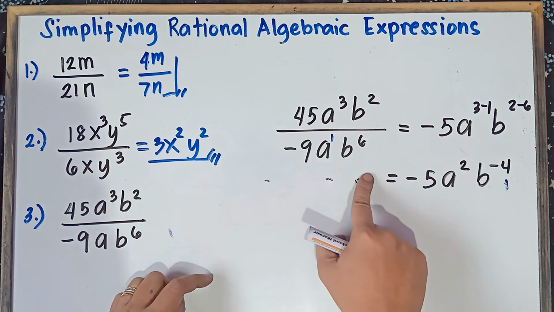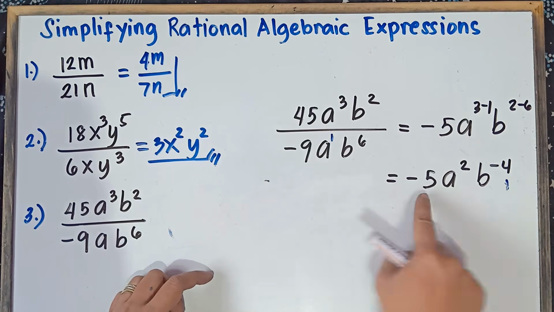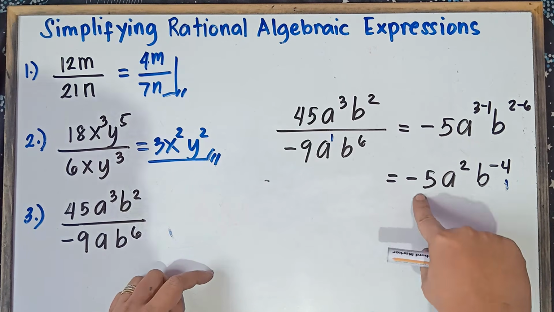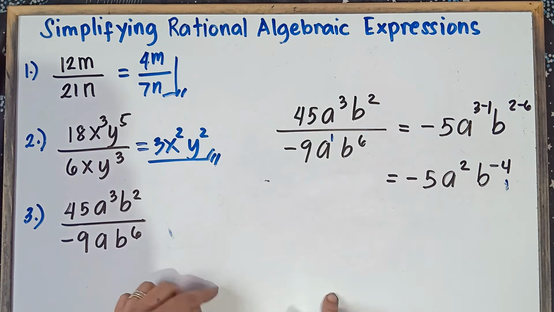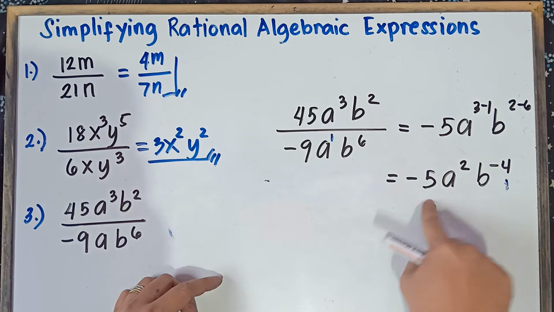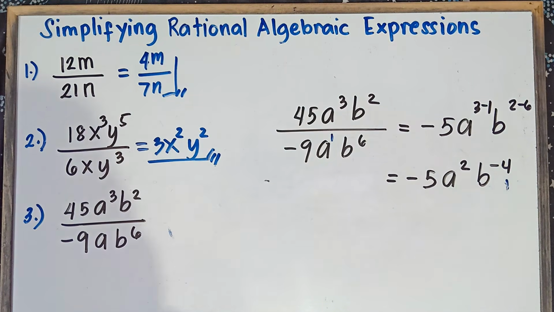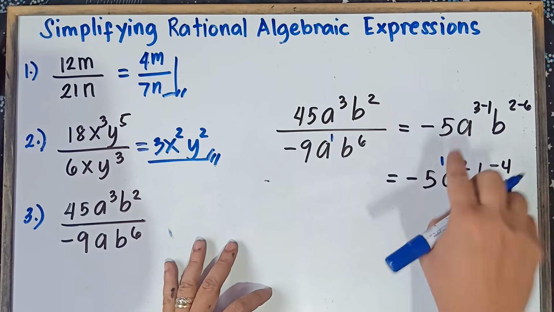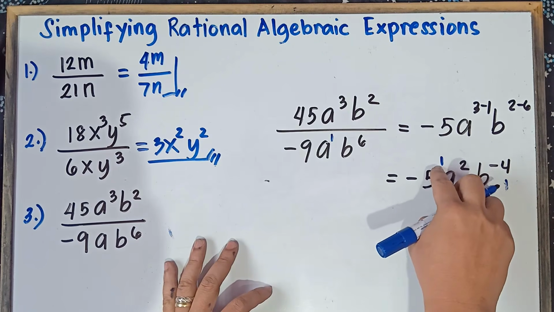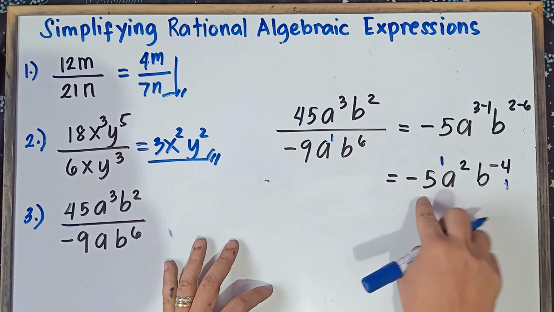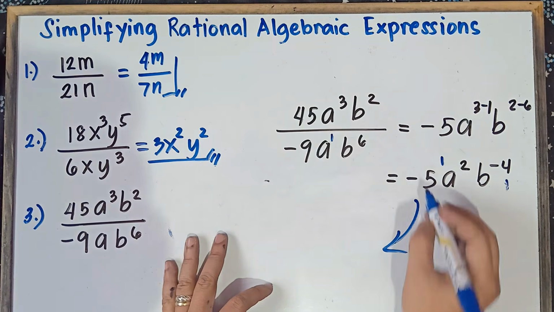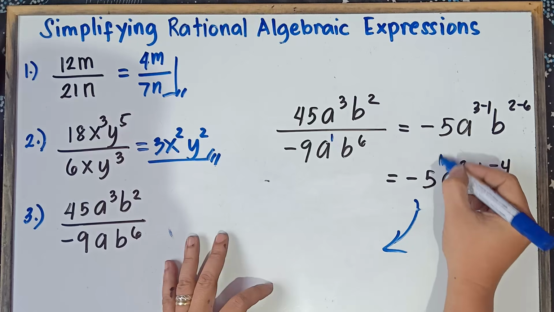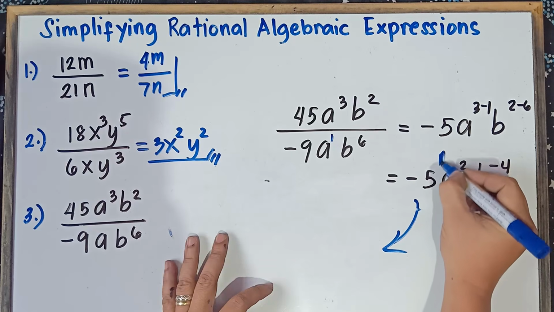Once again, class, there are so many students who are so confused. Sir, can we put negative 5 on the denominator? Nope, you can never put negative 5 on the denominator because the exponent of negative 5, understood there is positive 1 here. Once again, class, the exponent of any number would be positive 1. Therefore, class, do not put this negative 5 on the denominator. This is just sign. The exponent, class, is positive 1. I hope you're not confused, class.